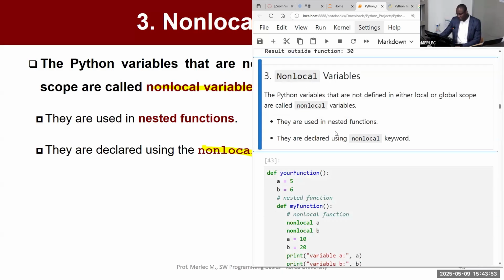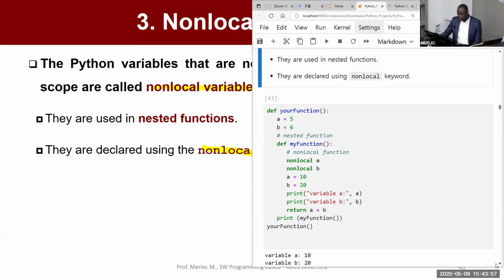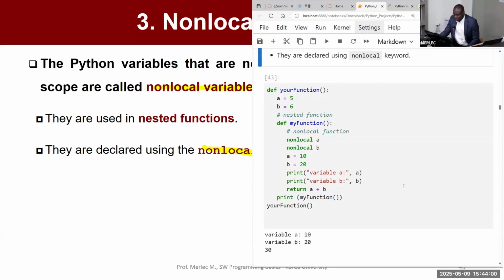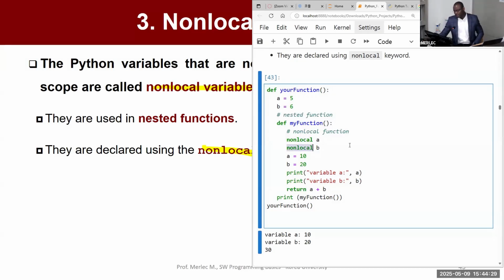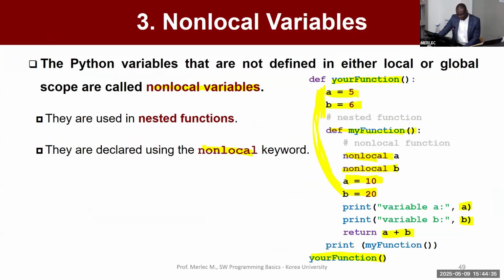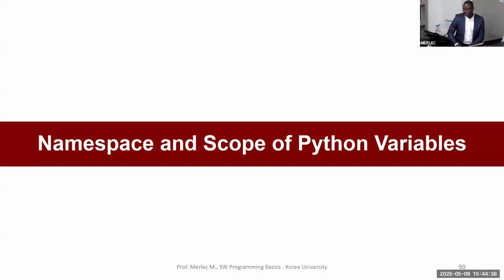So this is an illustration of how we can use these three types of variables. Global variables are accessible everywhere in the Python script or program. Local variables are only accessible in the scope of the block of code in which they are defined. And you also have non-local variables, which are not global or local. They are defined with the keyword nonlocal, followed by the name of the variable. I hope it's clear. They are very important notions. With that said, let me now clarify